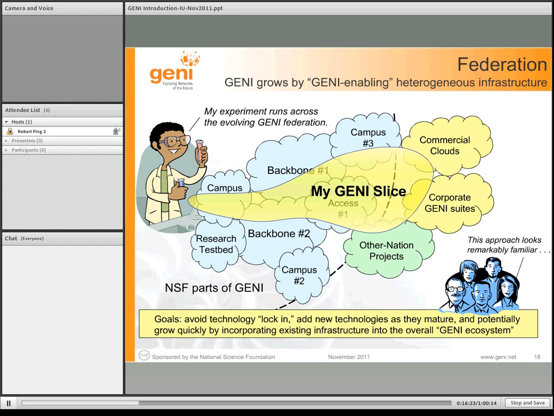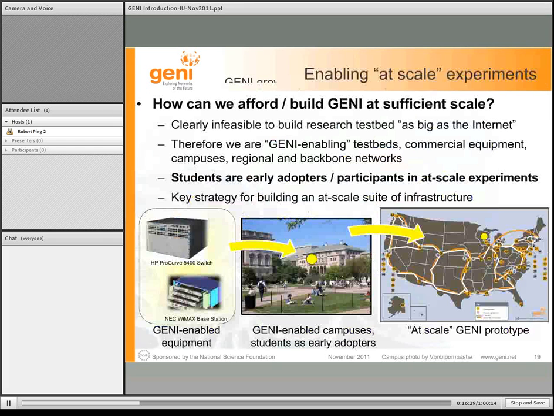So GENI grows by incorporating existing test beds. That's the reason. That's how you can build an at-scale test bed. Test bed, replicate the internet. One of the successful ways of building this is